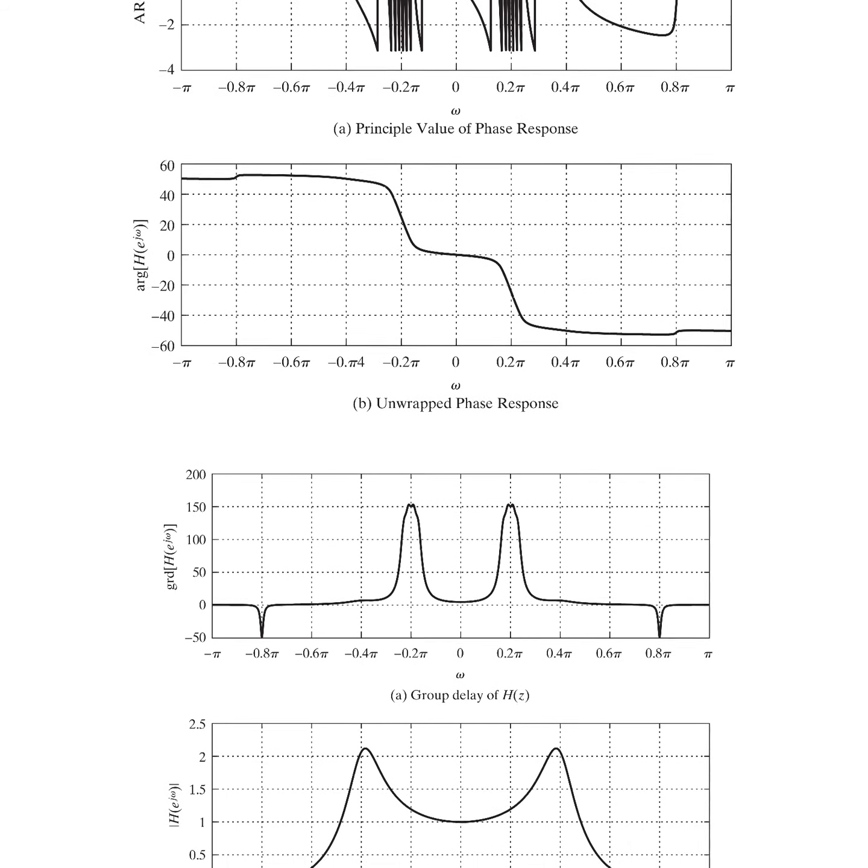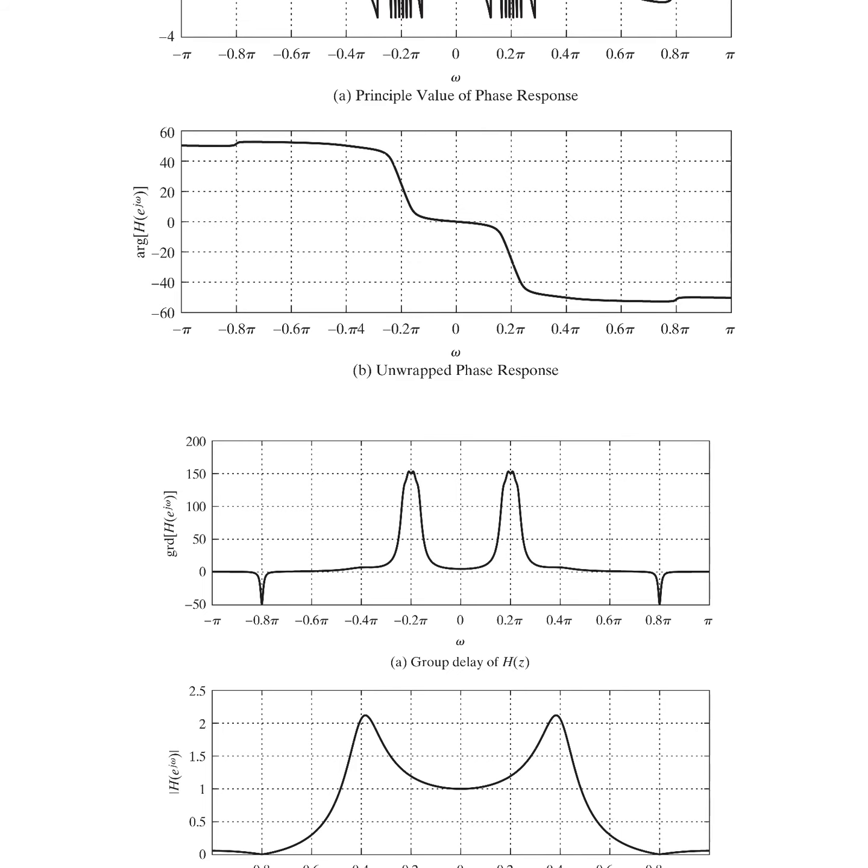So this behavior is also captured in the group delay. The group delay is positive everywhere except in that region, around minus 0.8 pi and 0.8 pi. Otherwise, the group delay is always positive. If you recall the formula of the group delay, it is computed as the negative of the derivative with respect to omega of the phase function. So if the phase is monotonically decreasing, the group delay is always positive. If it is increasing, the group delay has a negative value, and this is the phenomenon we are seeing here, right?